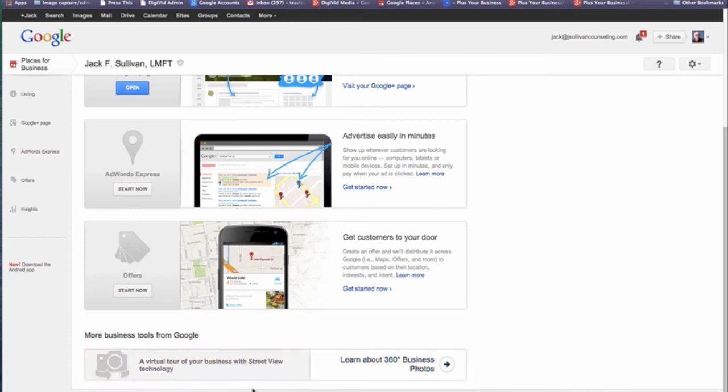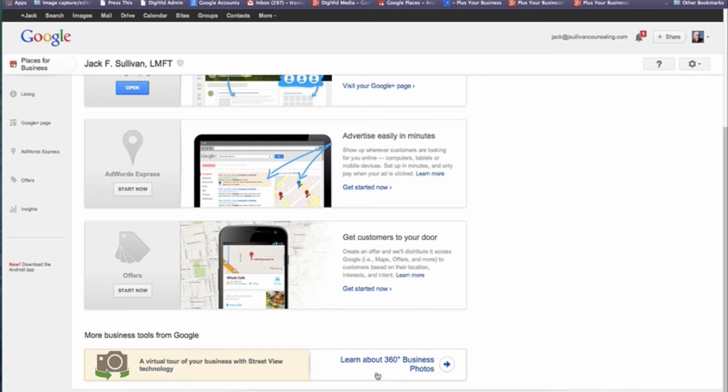So basically they're taking Google Maps and Google Earth and taking the Street View from the address out in front of your location and making that available inside of Maps, inside of local Google Plus, and even inside of some of the search queries that come up in Google search. So the last part is definitely only for businesses that you are able to walk into.